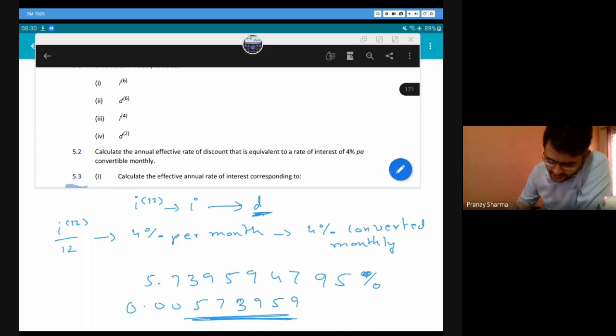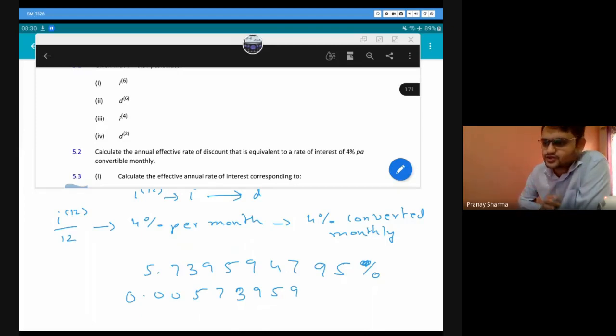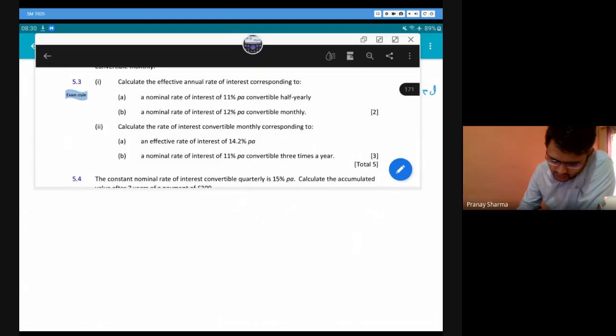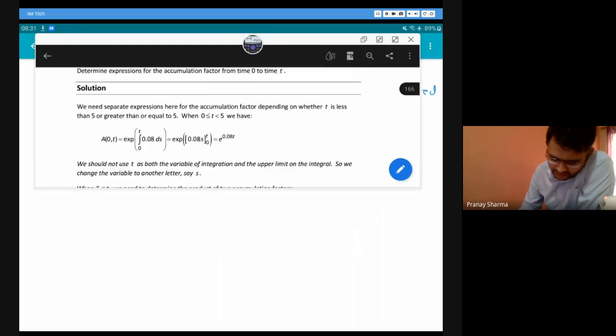Okay, so we have to make sure that we understand this very precisely, because this is the main mistake that students do. Okay, so we have to just look for that per annum basis whenever we are trying to figure out whether it is nominal rate or whether it is effective rate. So we'll do a few more sums.